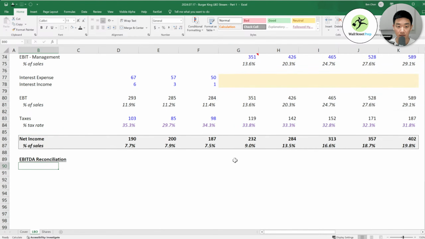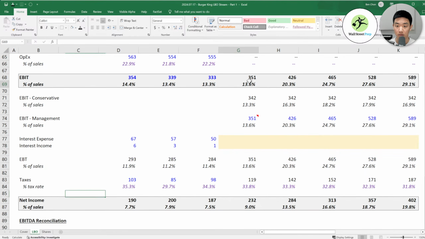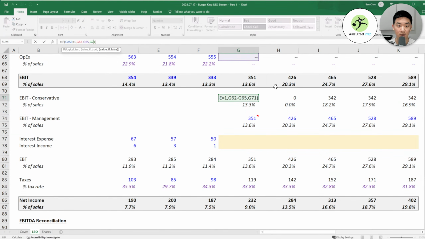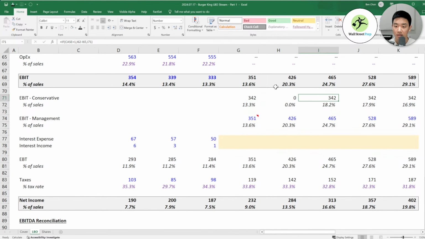Oh, double check your EBIT. You copy pasted incorrectly. Oh, actually, I guess you can't use that. Yeah, okay. So you do have to do the thing I said. Why is it doing that?